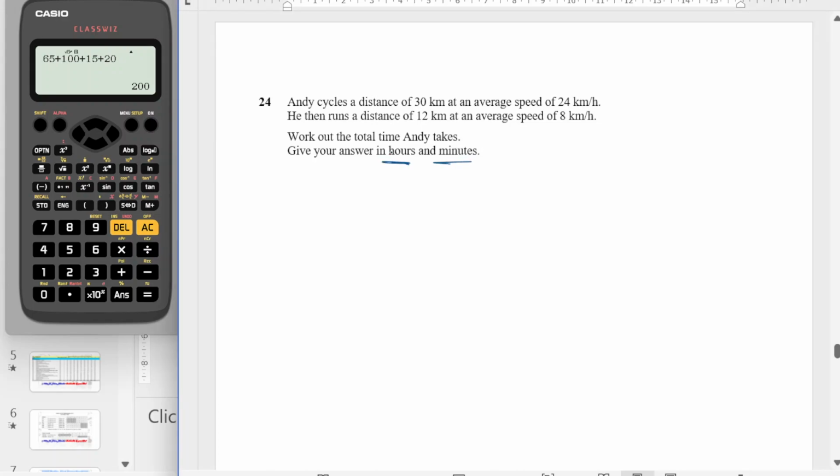Okay, so I'm going to treat it as hours first of all. So speed is equal to distance divided by time. So we are actually after time. So time is going to be equal to distance divided by speed. So for the cycle part, distance is 30 over 24, and to that I want to add the time for the run, which is going to be 12 divided by 8, and I can add it just like that as